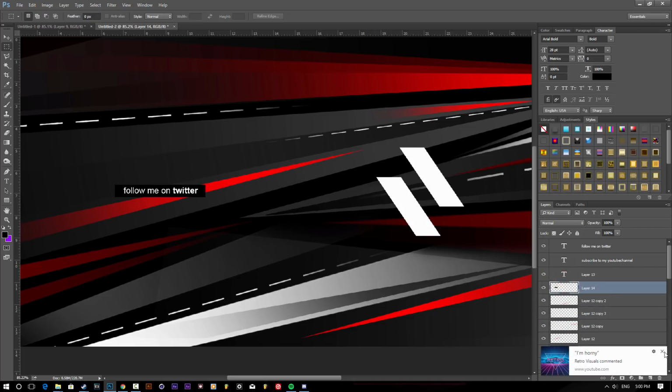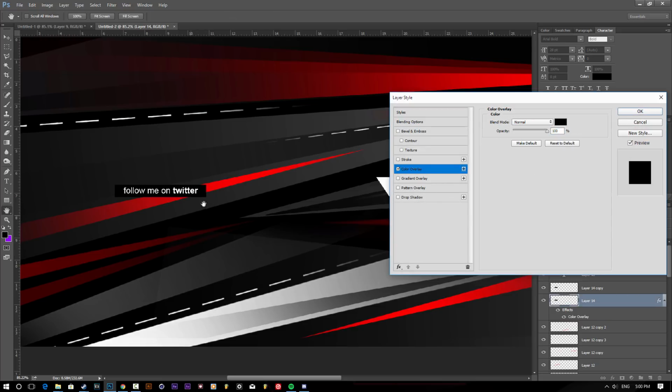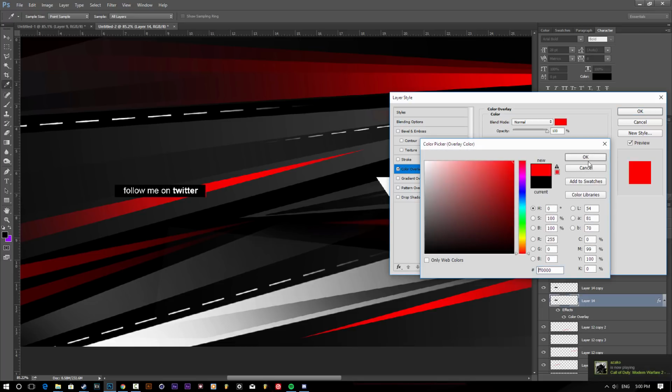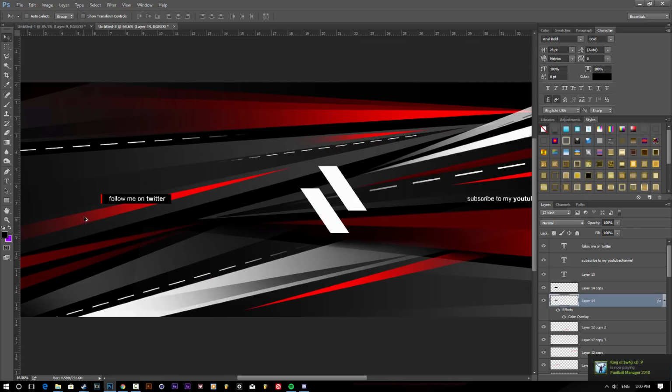Oh my god, look at all this notification. Okay, so now duplicate it, and the one that you duplicated, keep that on top, and the one under, get your right arrow and move it a little bit to the right, so like 1, 2, 3 times. And now just go to the settings or the layer style and make it red or whatever color you went with for the header, and just keep moving it out. I'm gonna do it on the other side because there's red there, so you can't really see it. So I'm gonna put it here,